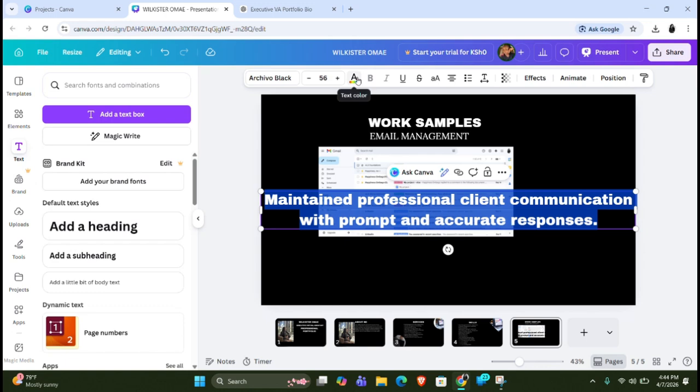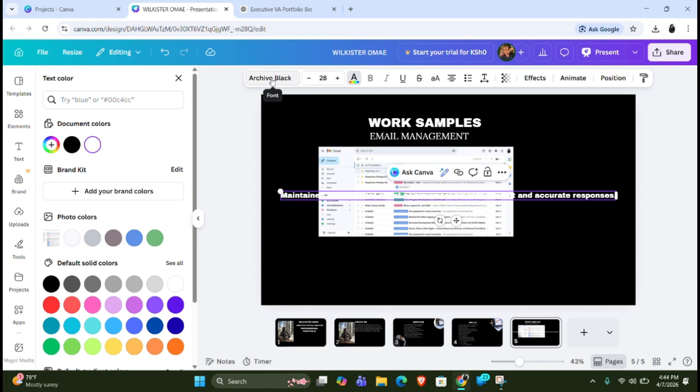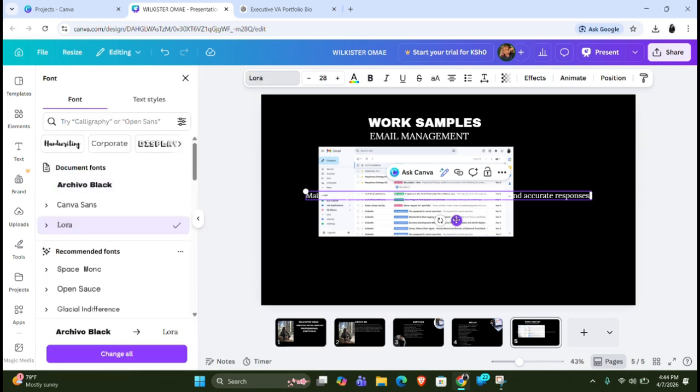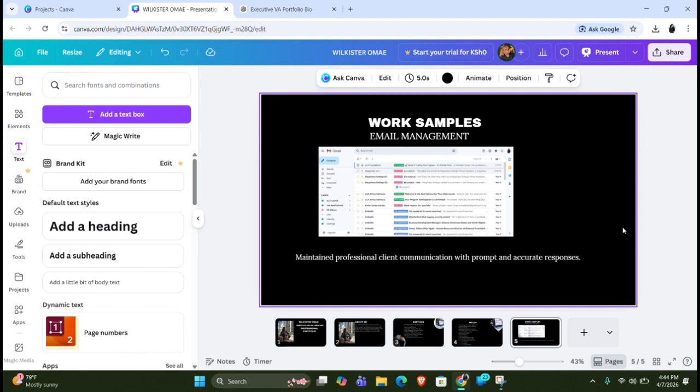Control A. I'm gonna put the color to be white since we have a black background. And then I'm gonna put the font at 28, maintaining all font sizes and font style. I'll use Lora and then drag it to where I want it to be. Make sure it's within the purple rectangle box. So the next